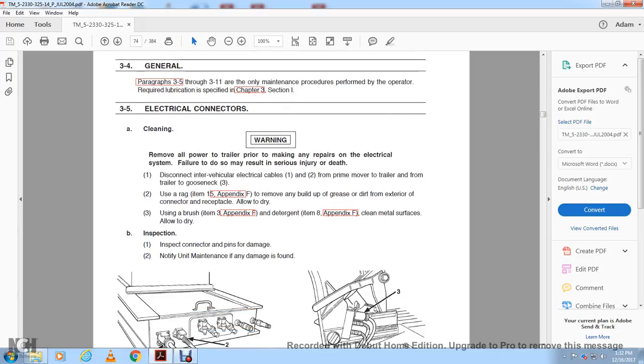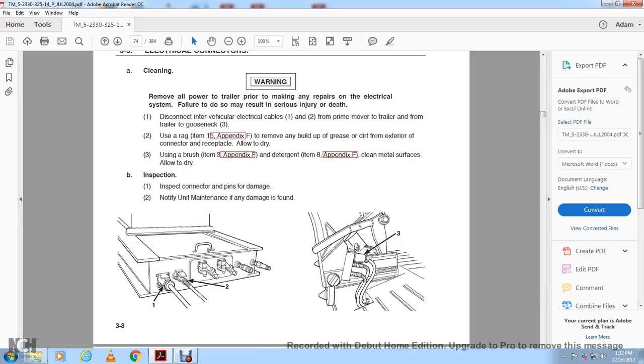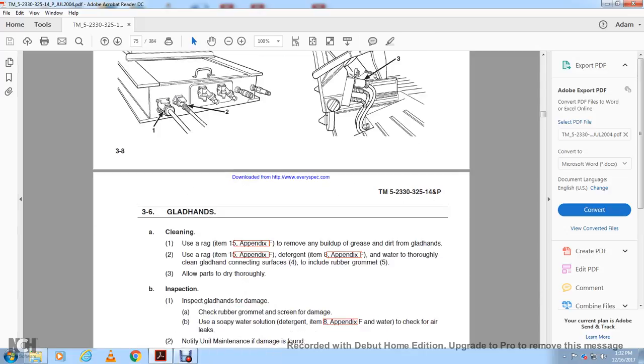Inspection. Inspect the connectors and pins for damage. Notify unit maintenance if any damage is found. 1 and 2 are shown here, the electrical cables. Cleaning. Use the glad